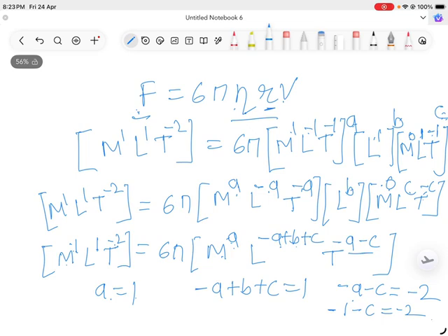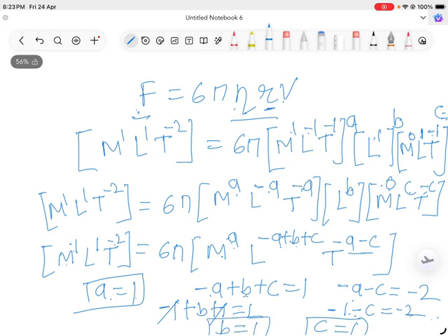A ची व्हॅल्यू 1 पुट हियर, सो वैल्यू ऑफ A इज 1, माइनस C इज इक्वल्स टू माइनस 2. सो C को इधर लेके जाओ और माइनस 2 को इधर लाओ, C इधर जाएगा, माइनस 2 इधर आके प्लस होगा, 2 से 1 जाएगा तो 1 आएगा, इसलिए C का भी वैल्यू आ गया 1, A का भी वैल्यू 1. ये वैल्यूज़ यहाँ पे रख दो. A की वैल्यू 1 थी, B की वैल्यू मुझे पता नहीं थी, C का वैल्यू भी 1 आया है. माइनस 1 प्लस 1 कैंसल, तो B की भी वैल्यू 1 आ गई. A1 B1 C1, all these values: this is the power of A, this is the power of B and this is the power of C. तो पावर 1 मतलब वही रहता है, इसलिए F इक्वल टू 6 पाई ईटा R V, ये प्रूव हो गया.